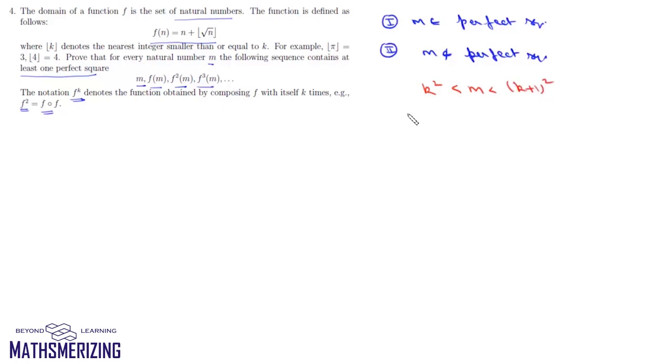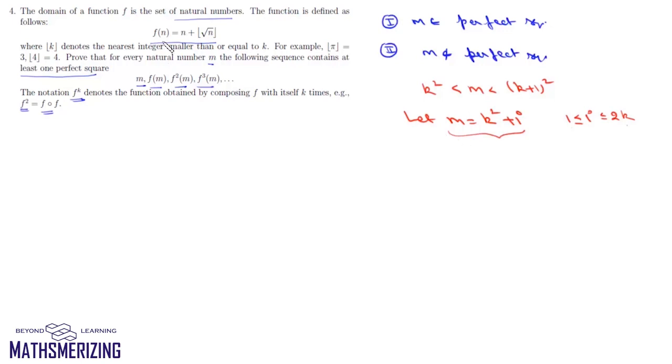So what we'll do is, suppose this m is k square plus i, where the value of i is an integer that lies between 1 and 2k, both 1 and 2k included, because if it is 2k plus 1, then it will become (k plus 1) square. So if we choose this m as k square plus i, where i lies between 1 and 2k, then we have a number which lies between these two perfect squares.